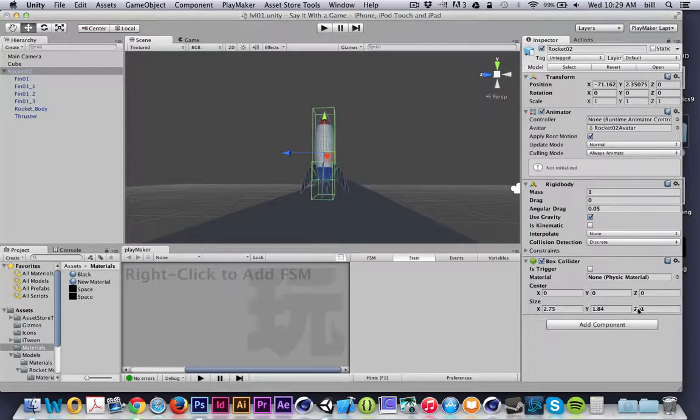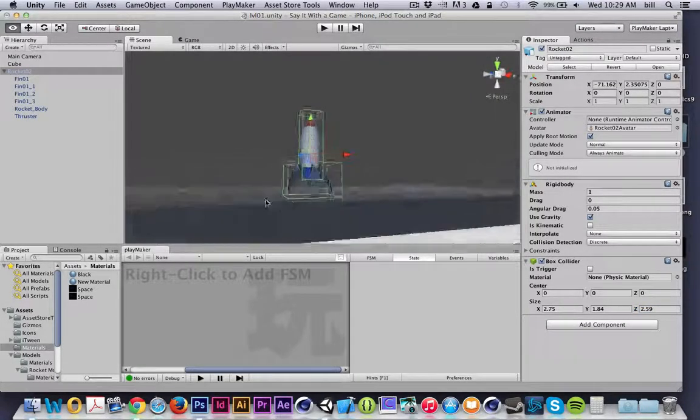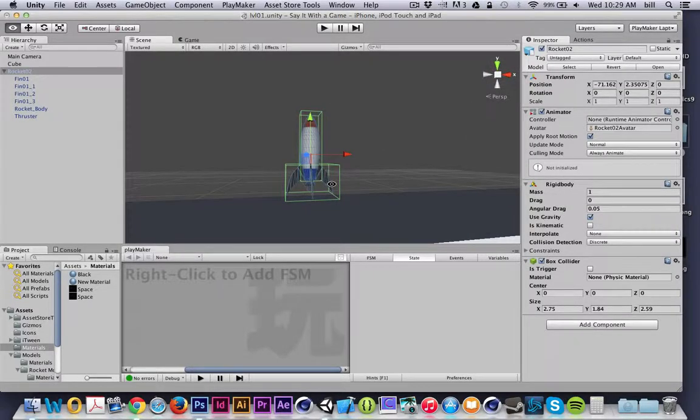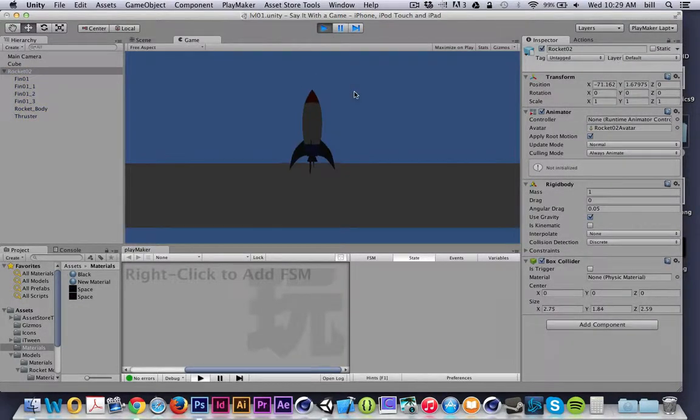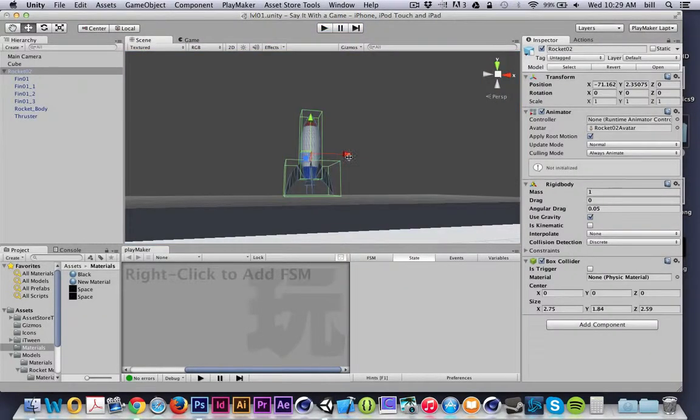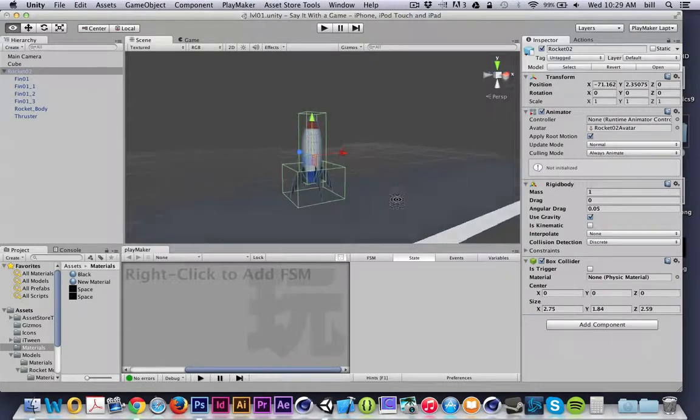And then I definitely need to tweak the Z value as well. So I'm just roughing this out, and that'll be pretty good. That gives me the colliders that I need, so I can detect any kind of collision with my environment. I have a clear collider down here at the bottom. Now when I hit the play button, my rocket falls directly on the ground. Okay, so that's looking pretty good in terms of the initial setup for the rocket with the physics and the